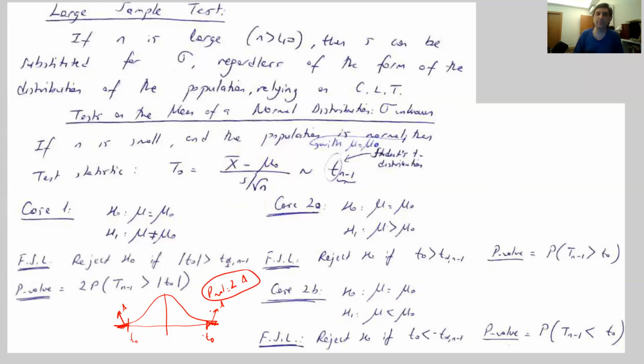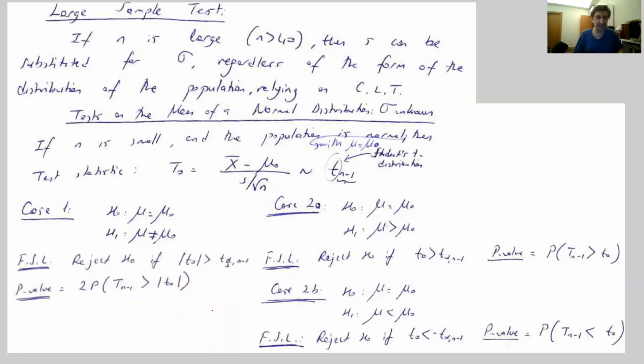So the way to compute it is, this absolute value of t0 always makes this automatically here. So instead of minus t0, I could have also written the absolute value of t0. It says to find the t distribution value for n minus 1 which is greater than this t0 value. So the corresponding probability here is the probability that is stated here, which corresponds to this area.